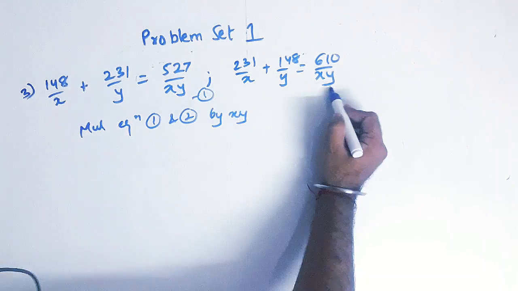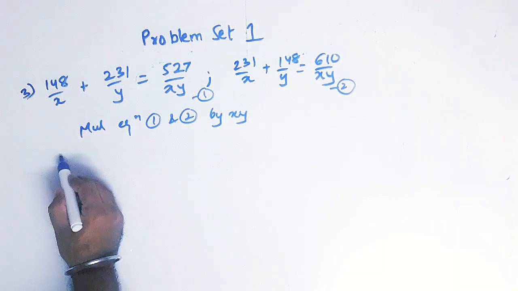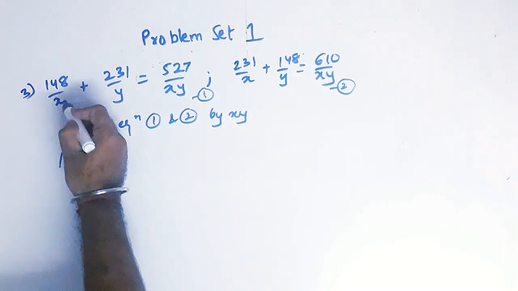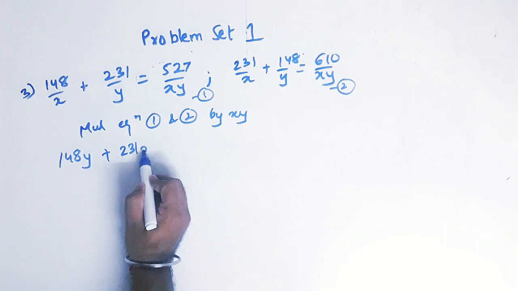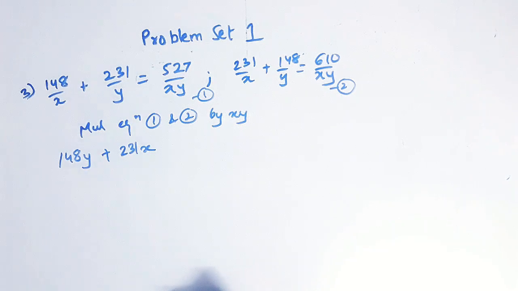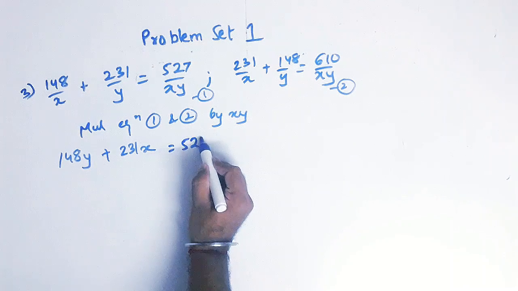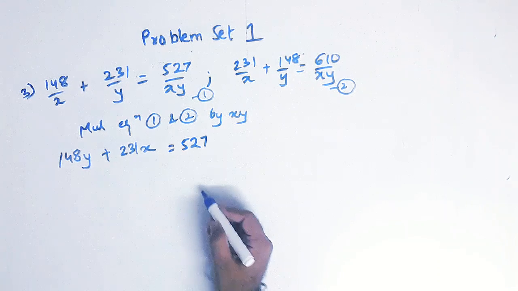Okay, give this as 1, this as 2. If you multiply them by xy, you will get this as 148y. Okay, x will get cancelled, y will remain, plus 231x, y will get cancelled, and x will remain. Here 527, both xy will get cancelled. Okay, this is your equation number 3,